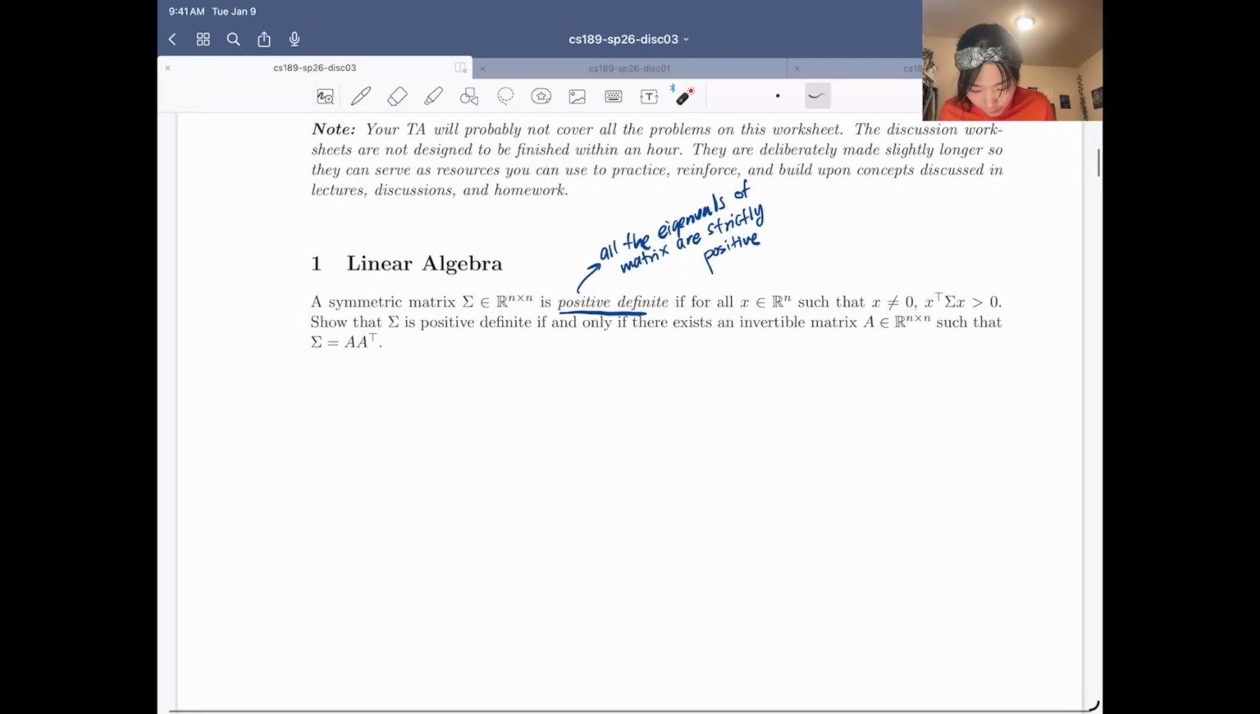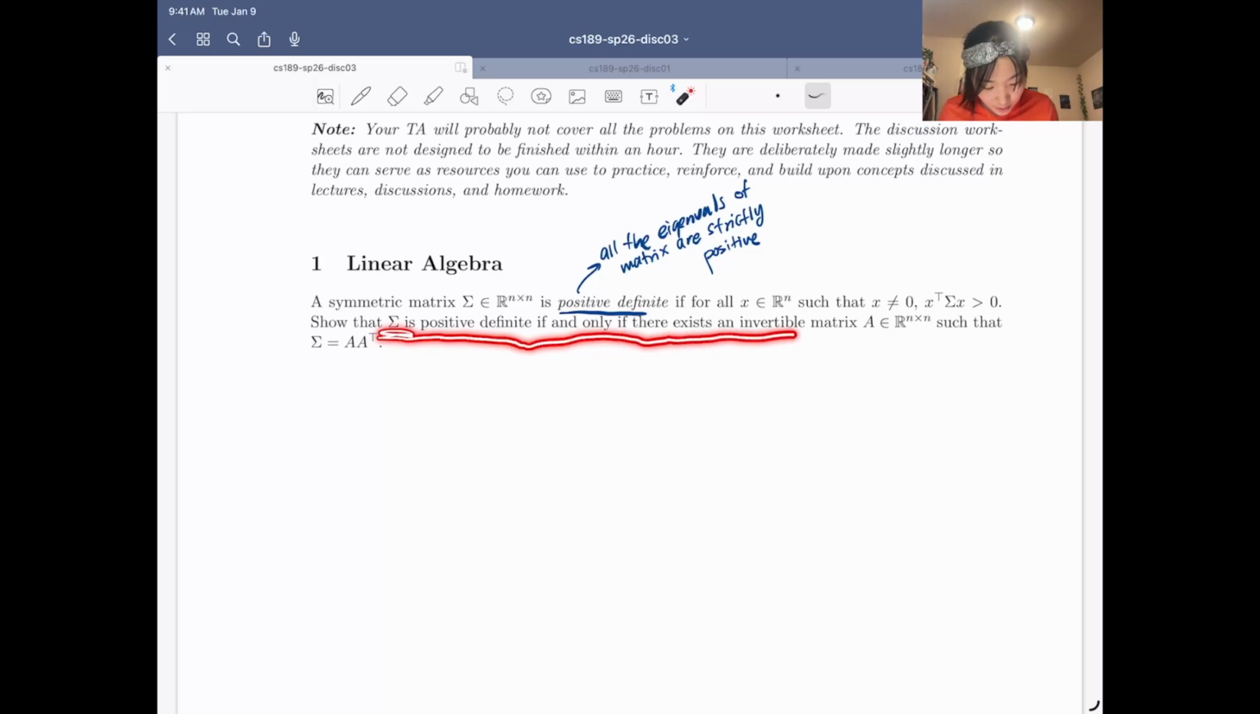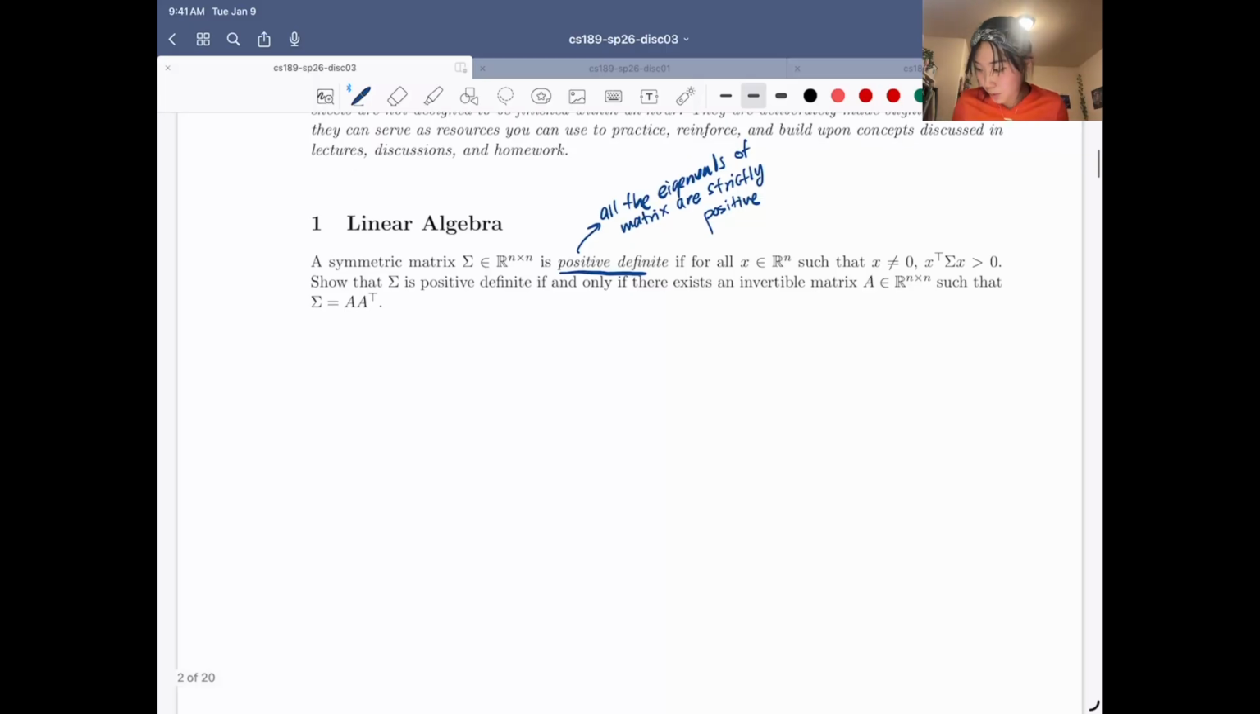Okay, and so we want to show that sigma is positive definite if and only if there exists an invertible matrix A such that sigma equals A times A transpose. Whenever we see if and only if, we know we have to prove this in 2 directions. So the normal way and then the converse. Let's start by proving the first direction, which is if this matrix is positive definite, then we want to show